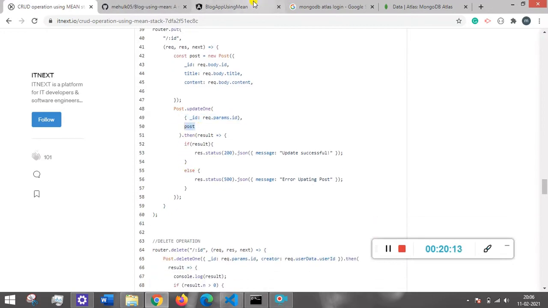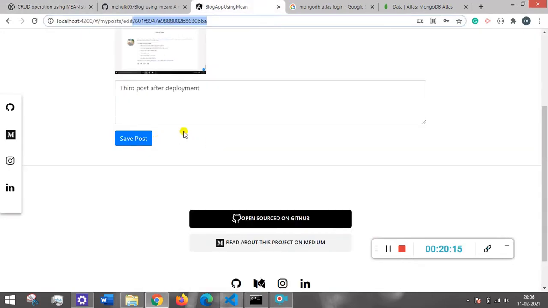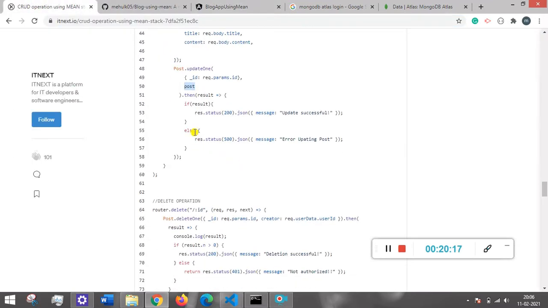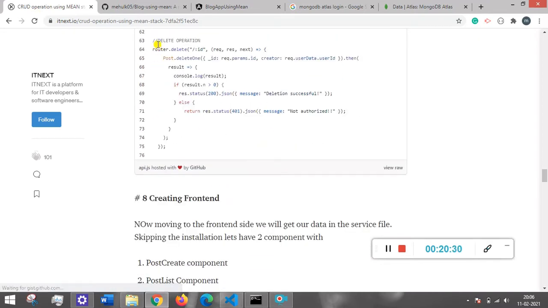So we are expecting one ID, and with the ID which we get, we will edit that post and whatever we want to edit. This is form data we are sending with the edit request, and once we send this edit request, we get a message of updated successfully, or if we get some error while editing, then we have to send the data as an error message.